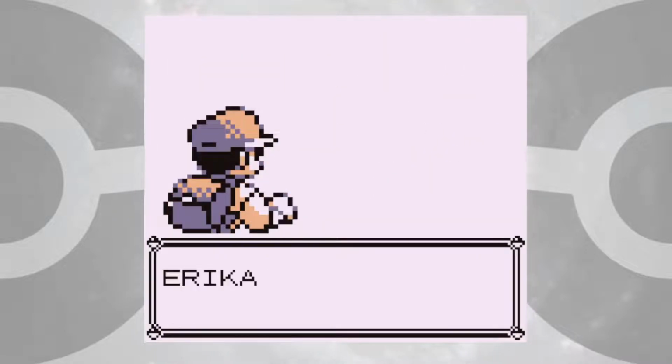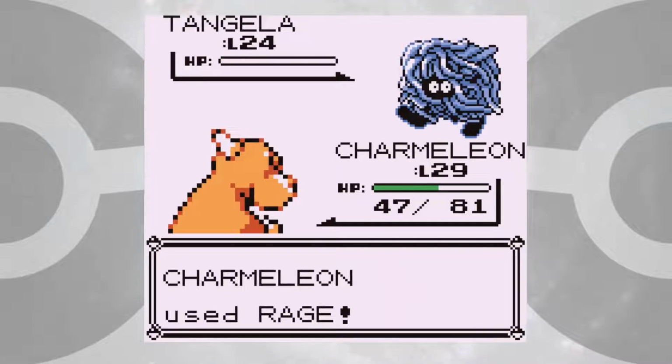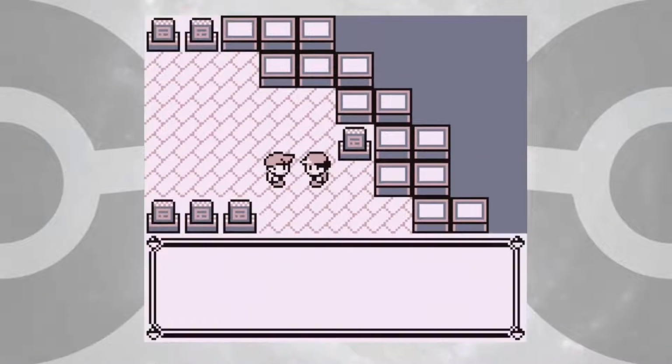Now it's time to challenge Erica. Fearow takes out Victreebel, Charmeleon beats Tangela to a pulp, and Raticate gives me the victory with Hyper Fang to Vileplume. I make my way back to Lavender Town to enter Pokemon Tower, and to face off against my